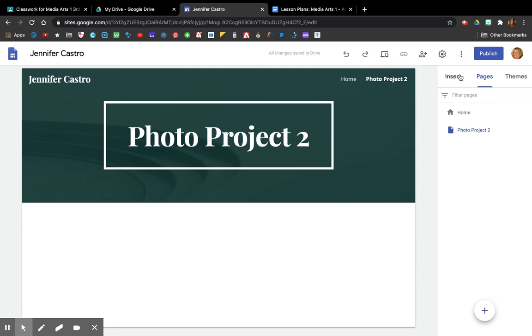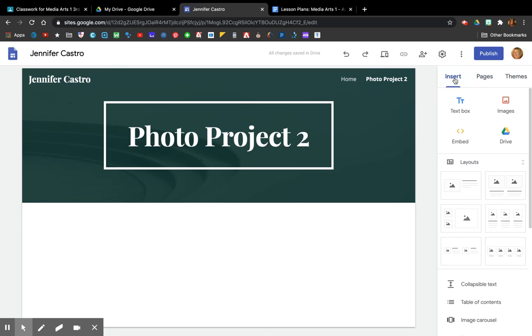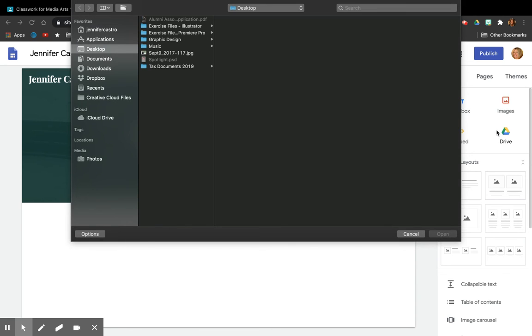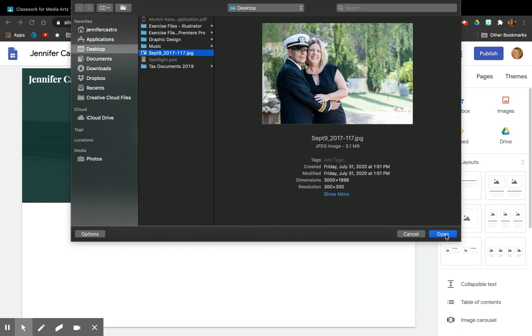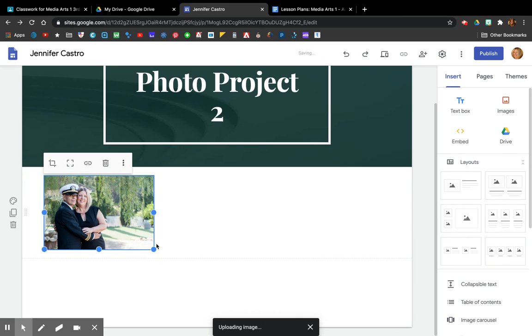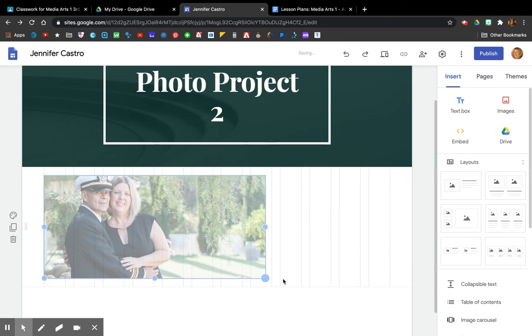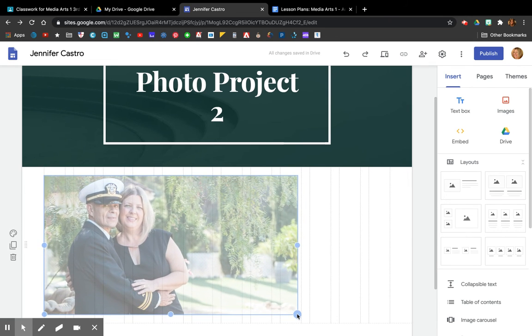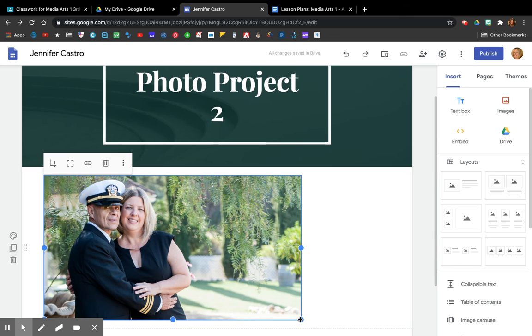And this is where you're going to insert on photo project 2 your best images. So you have your best images from your, let's see if I can find an image or two here. Probably not, because I've deleted a bunch of stuff. I'll just throw that in there for now. I did not take this photo. But you can see how that works, where it's pretty easy to just drop a photo into your page